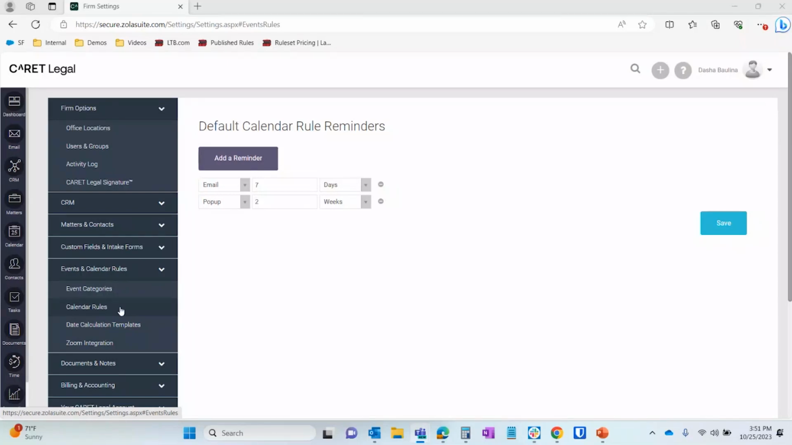Today's session is on rules-based calendaring in Caret Legal powered by LawToolBox. If you don't already have access, you can email caret@lawtoolbox.com. First thing we're going to do is under the calendar rules section in firm options, we're going to add